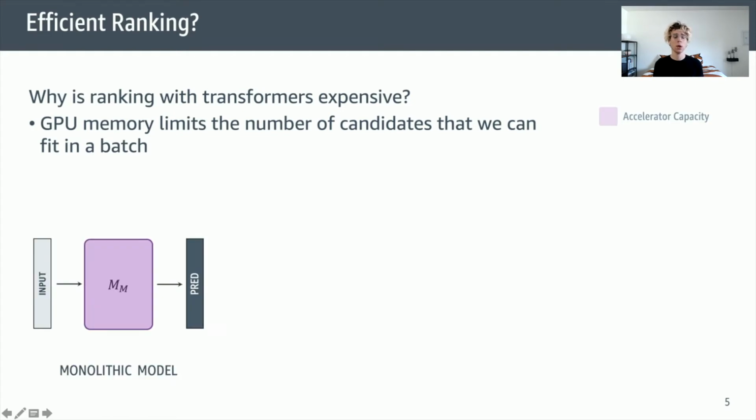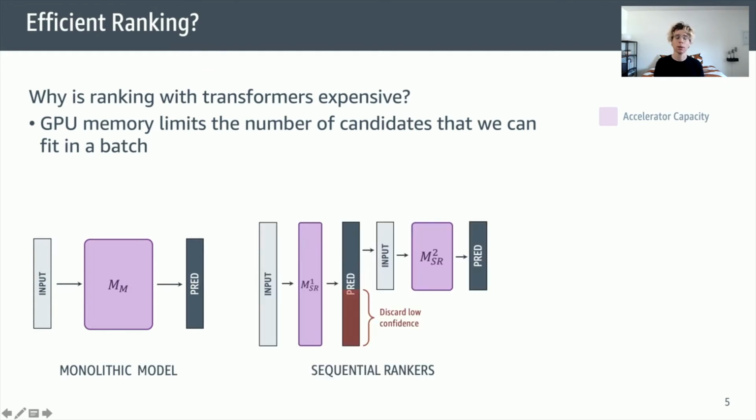So this is how a traditional transformer model is used to make prediction in a batch. We call this model a monolithic model. It takes a fixed set of candidates as input and produces probability for these candidates. If you want to speed up this model, a common modeling technique is to create 2 smaller models. The first one is really fast and can work with a large batch size. We use this first model to make some prediction. We discard prediction with low confidence, and then we use the second, larger model to make our final prediction on a smaller subset of candidates, and then select the best candidate.